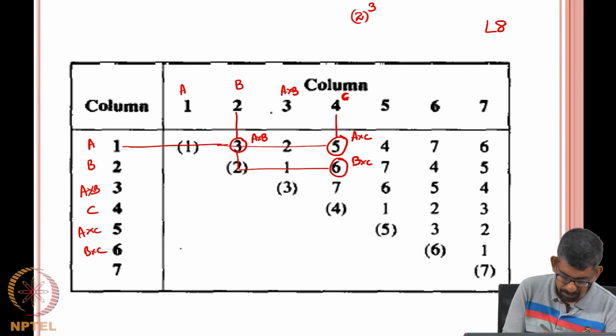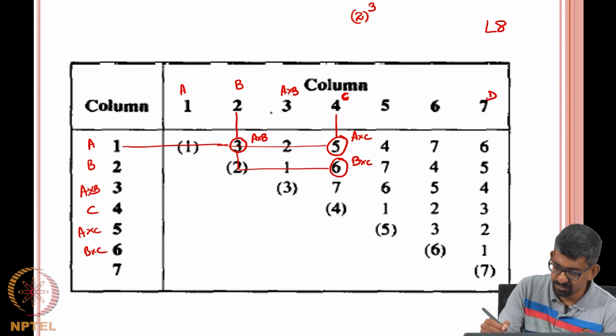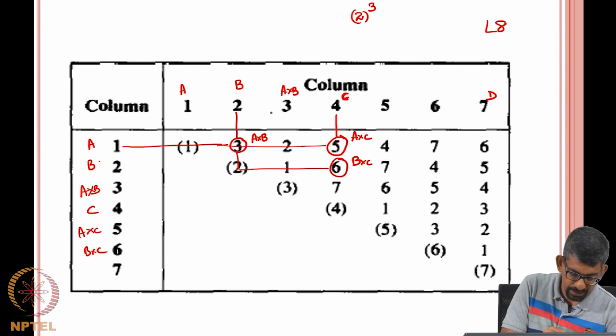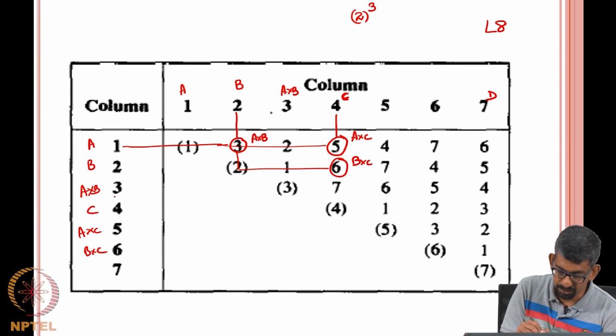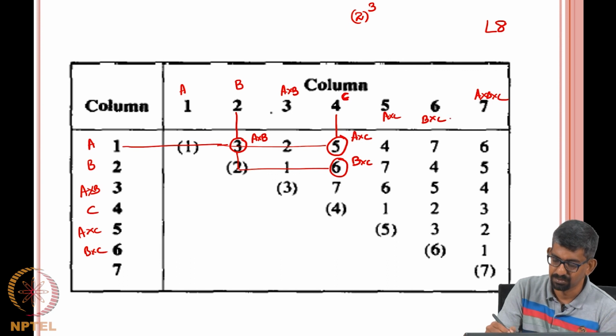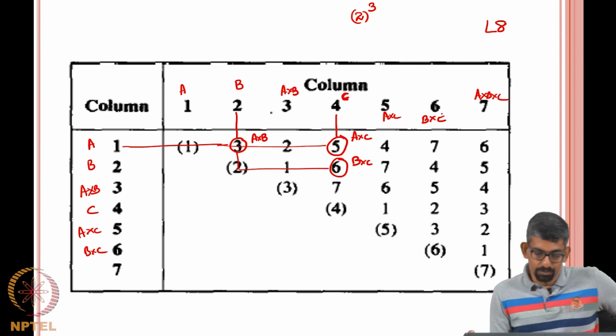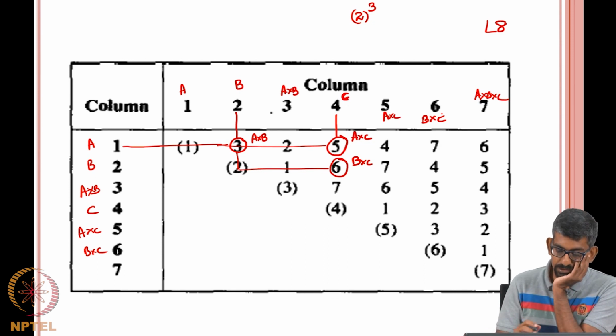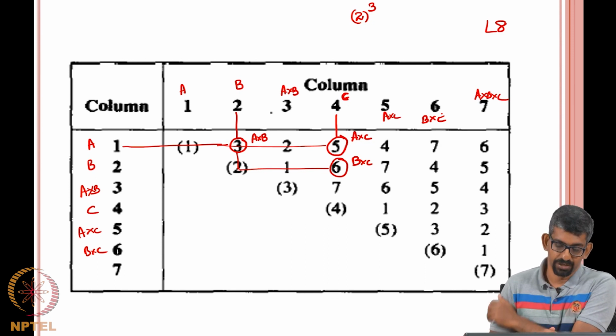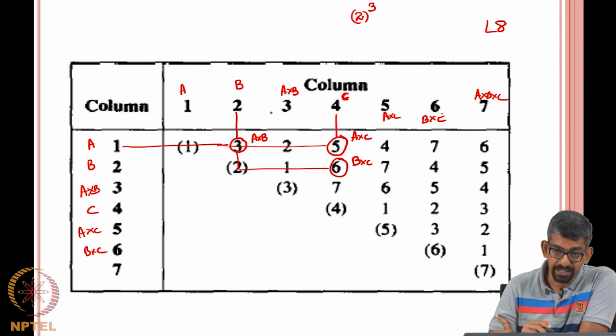Then you do not have a choice but to say your final D will be in. So, you can see in this. So, A cross B, A cross C, B cross C. So, all the 2 factor interactions you have got. So, this is only if you have a 4th parameter, otherwise this will be A cross B cross C. We saw this will be A cross C and this will be B cross C. Got it, right? Yeah. So, the triangular table also gives you the same idea, but it is easier when a large number of factors are involved.